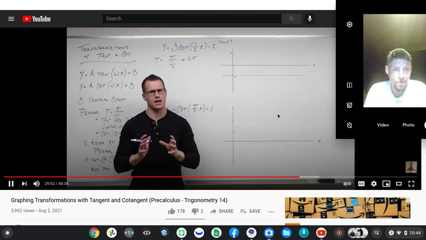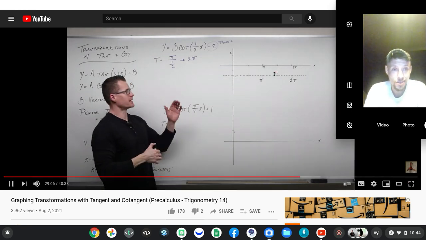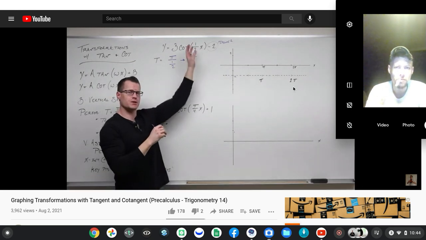For a very long time, much like sine and cosine, it's a little bit easier. It makes some jumps. So we've gone ahead and said, hey, if cotangent has a period of, in this case, 2 pi for this particular function,